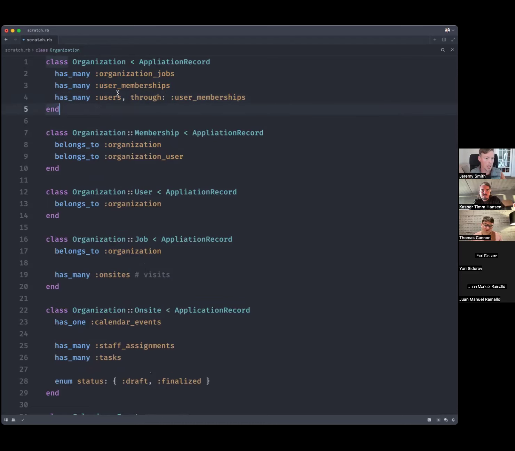Okay. So maybe it's something like this. We've got an organization. It has jobs. It also has memberships to users. We've got the users. I think I've got my belongs to. I think that's the right association there. Then users belong to, I guess this would be belongs to organization membership,